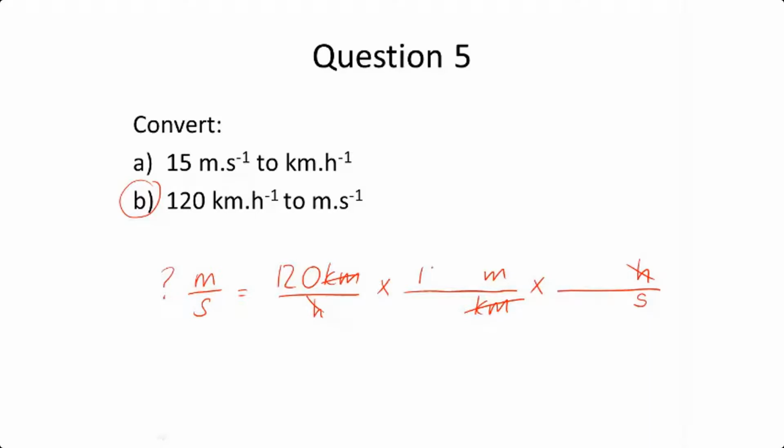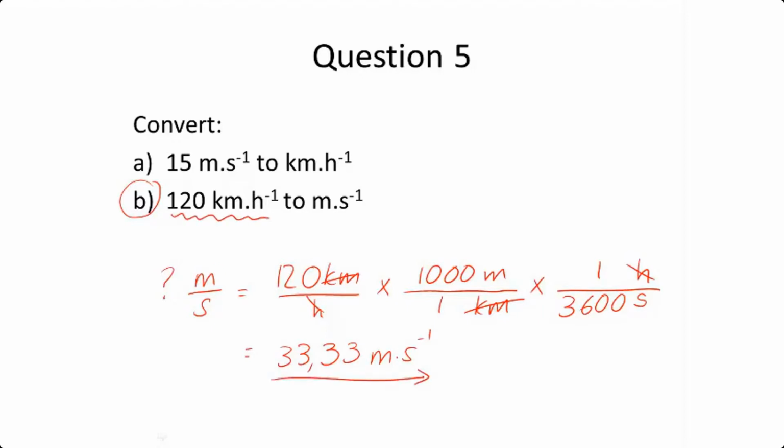We know that 1,000 meters is the same thing as 1 kilometer, and 1 hour is 3,600 seconds. 120 multiplied by 1,000 divided by 3,600 is 33,3 recurring. We round off to 2 places behind the decimal, so that's 33,33, and our unit is meters per second. So if you're traveling at 120 kilometers per hour, that is the same thing as traveling at 33,33 meters